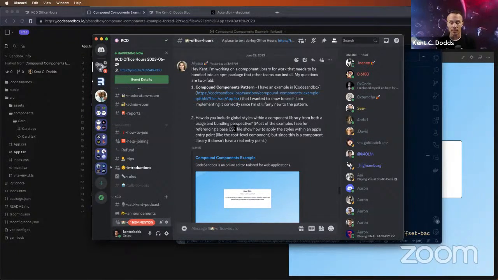Well, I mean, with Remix, what you can do, it's not tree shaking, but you can say, well, we only use this component on this page, and so we'll put this in the links for that page, and then it won't show up on the others. But that can be really annoying to think about with a reusable component. It's like, yeah, we're using the accordion on this page today, but now tomorrow I'm going to use it there, so now I need to add it to that route's links,